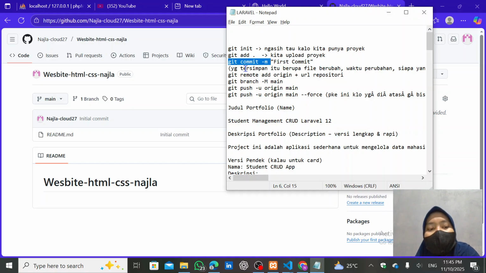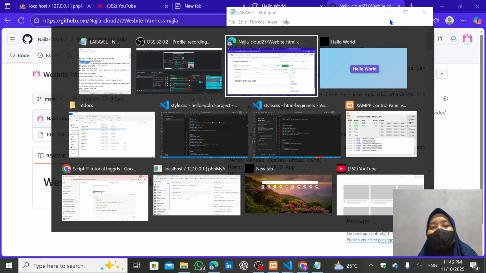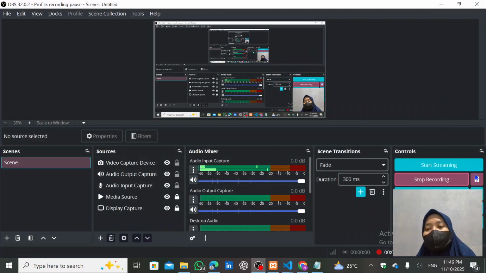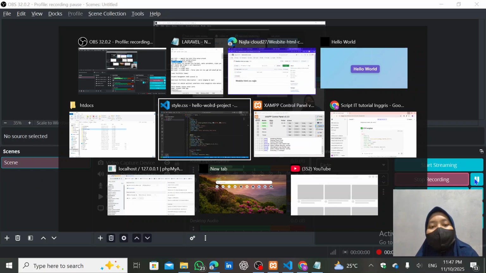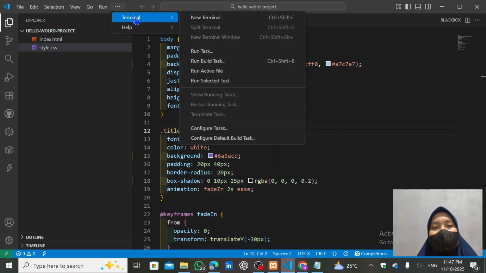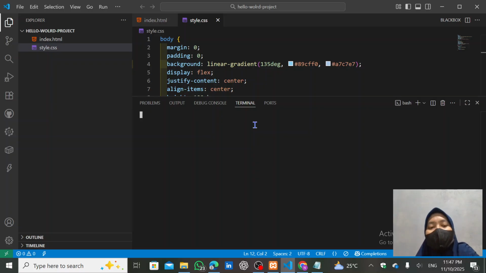So next I go back to my Visual Studio Code. I open the folder in Visual Studio Code, click the three dots, and choose Terminal, then New Terminal. I type git init, then run git add.